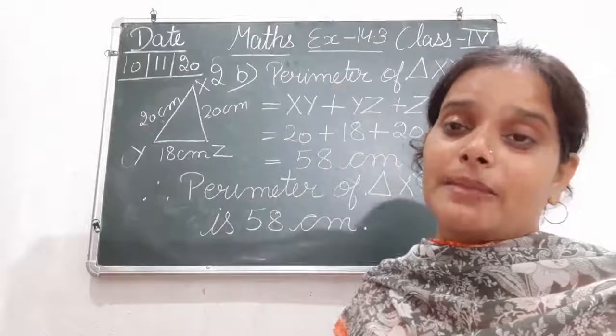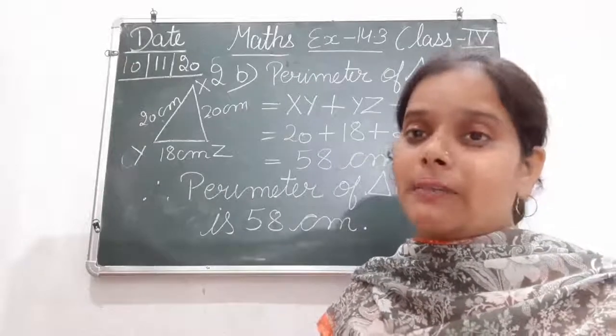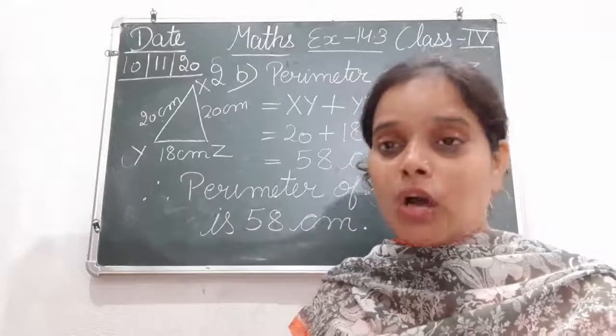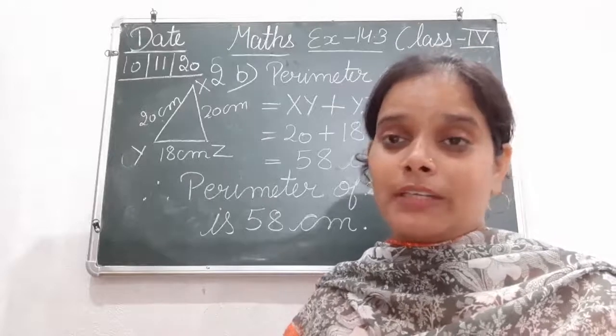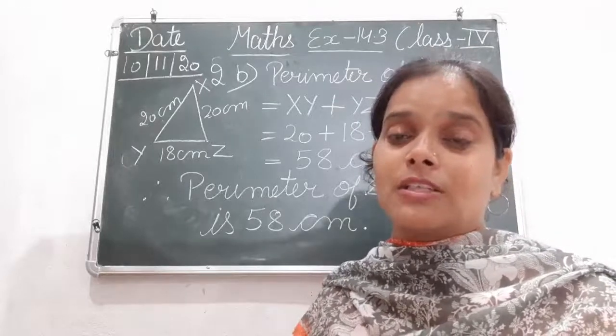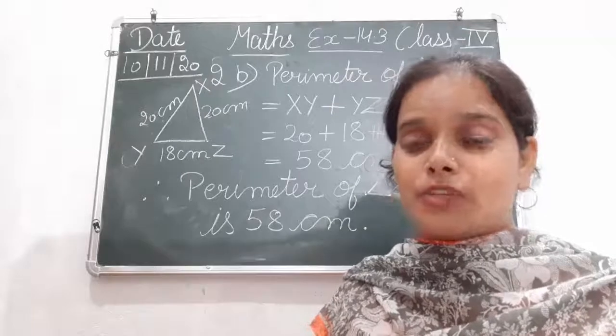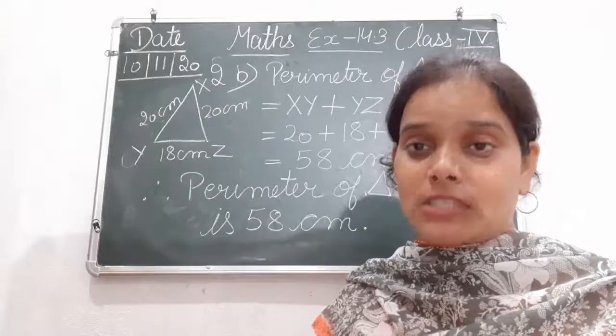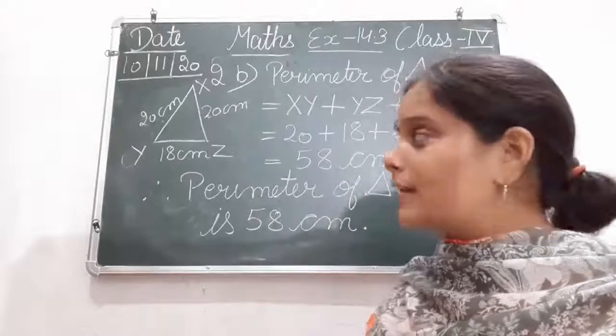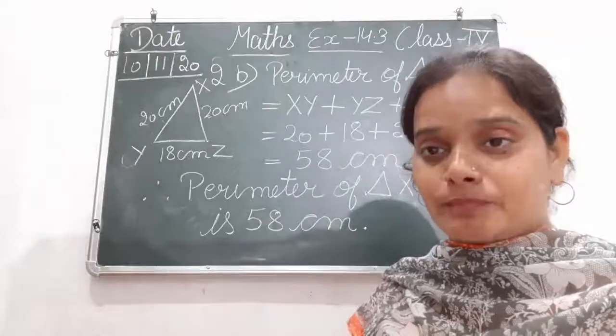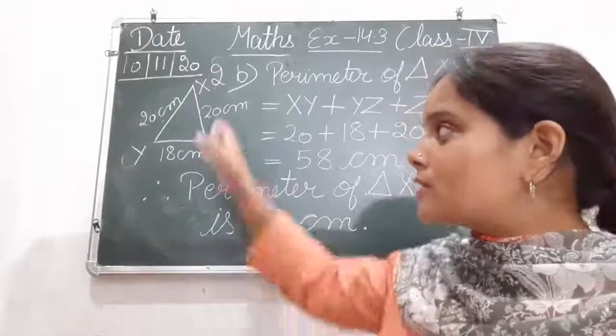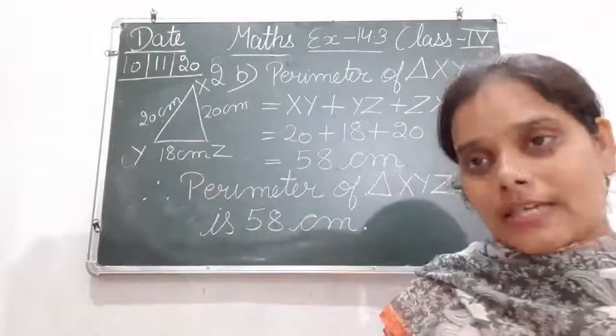ठीक है, घर में अगर सारे बच्चे एक ही नाम के होंगे, अगर सबका नाम ही घर में आंचल होगा, तो how my parents are going to call? They will call my brother also, my sister as आंचल, मेरी मम्मी का नाम भी आंचल. So is it possible to call all the members of your family with the single name? No. So just like that, you have to name it with different alphabets. So that's why I have named it as XYZ.